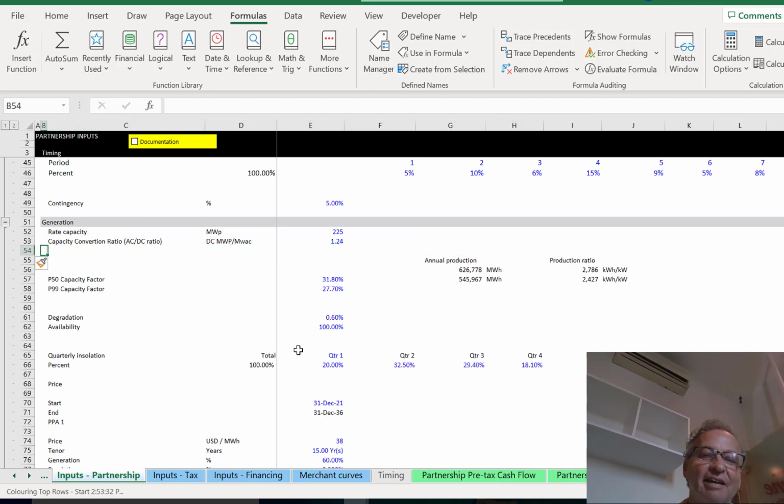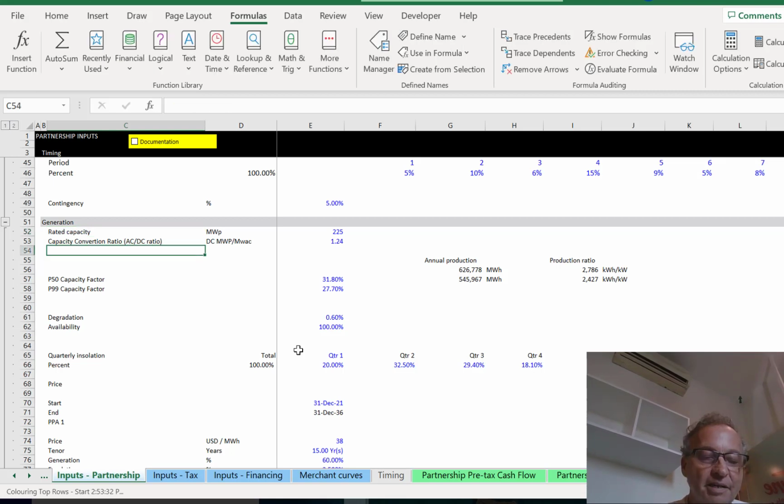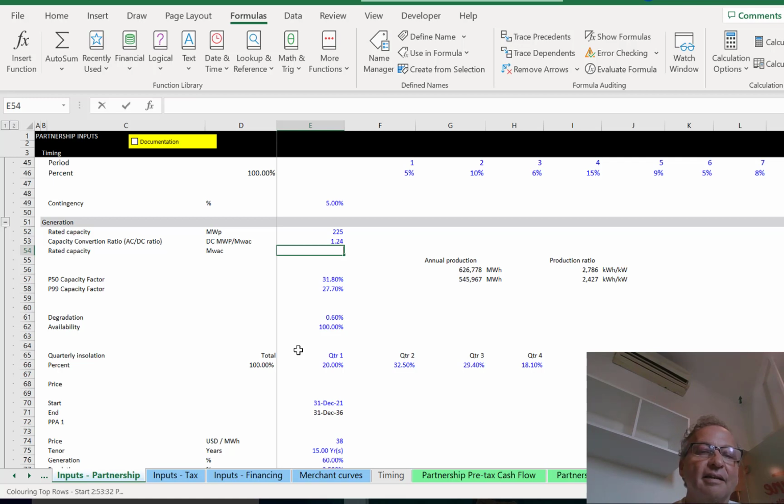Well, I'm doing that, but then we can put, and it's not really rate capacity, it's rated capacity, and then we can copy this down and put MWAC. And since it's inverse, we will divide it, okay, and then maybe I'll press Shift-Control-Q, and we only get